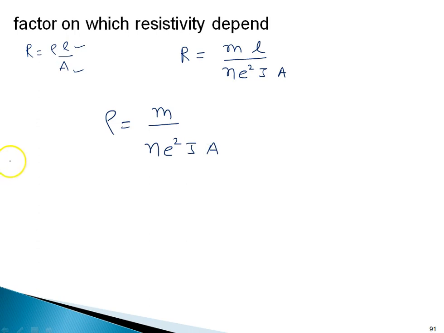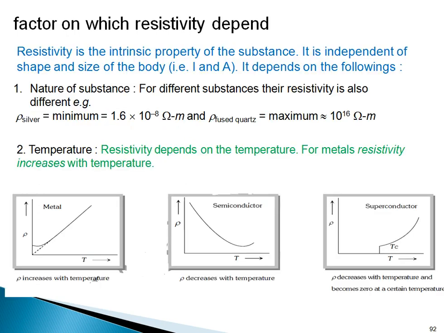Mass of the electron is fixed, charge of the electron is fixed. It means for resistivity, we have to remove this A. When you compare, A will not come. Resistivity depends on two factors. One is N, another is tau. N is the number of free electrons per unit volume, which depends on the nature of the material. And tau is the relaxation time, which depends on temperature. Mainly there are two factors. Of course, we will discuss in the magnetism chapter the effect of magnetism on resistivity, and impurity, that also I will discuss later on. So there are two main parameters, nature and temperature.